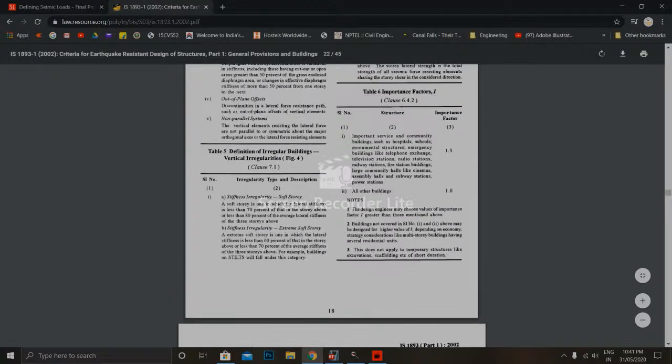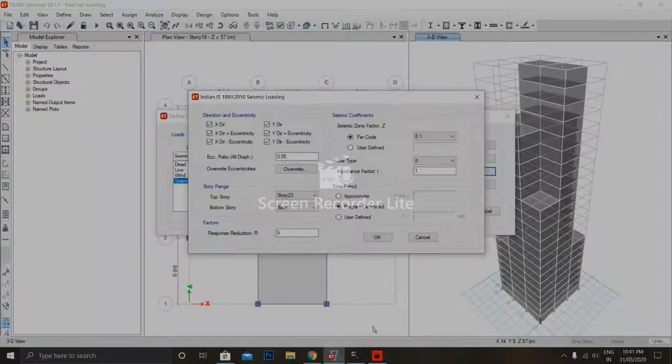Here is our importance factor for other buildings. Let's take it as 1. By referring here, we'll take importance factor as 1 and program calculated, and our load will be acting in x